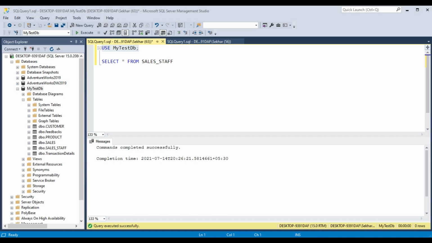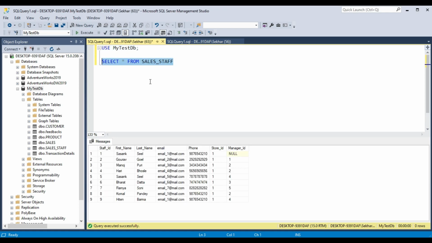And self join uses inner join or left join clause, because the query that uses self join refers to the same table. The only difference is that you use different table aliases for the same table within your query. So without wasting time, we'll check a few queries as examples of self join, and let's start now. So this is a query.